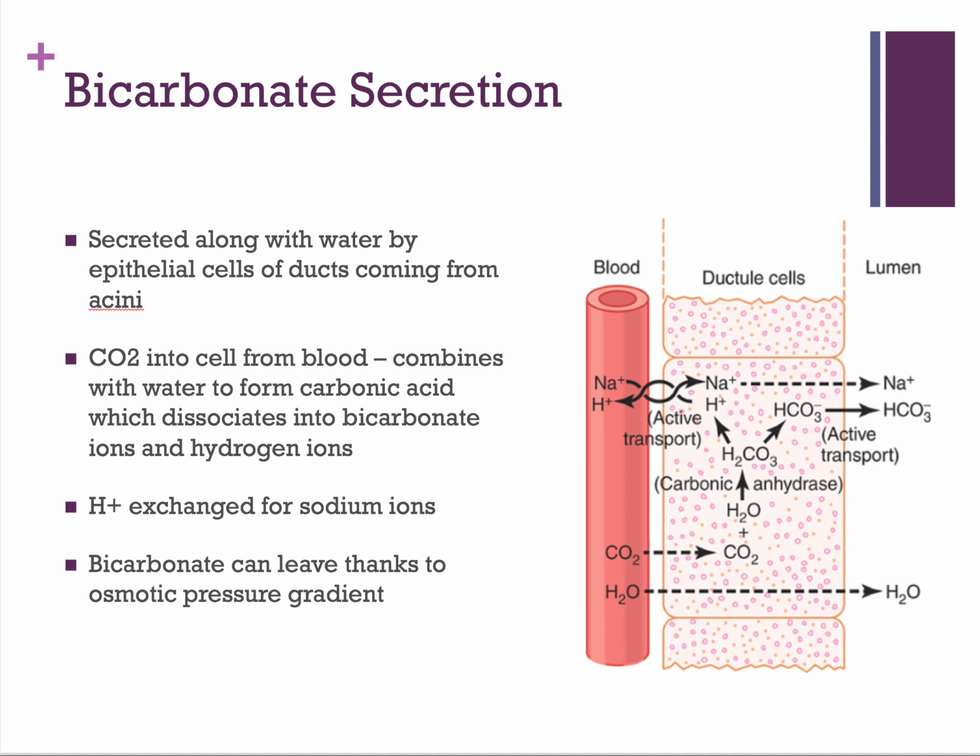The other important thing that the pancreas does is secrete bicarbonate, which will be added to the duodenum. Bicarbonate is made in an active transport process between the bloodstream and the cells inside the duct, essentially making bicarbonate to be squirted along with sodium into the lumen. This is a really important process. It's activated when there is a high amount of acid in the blood, and that high amount of acid is coming from the acid being